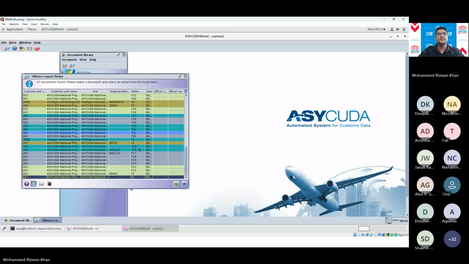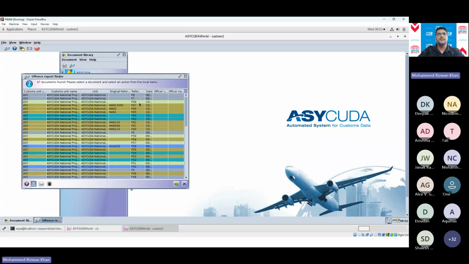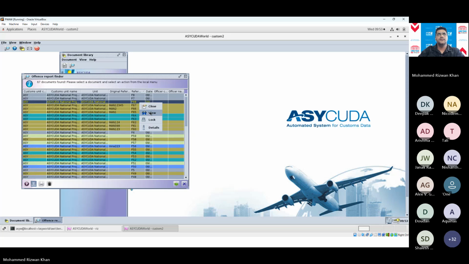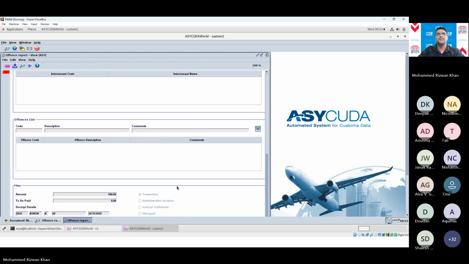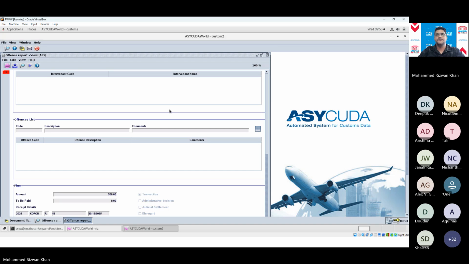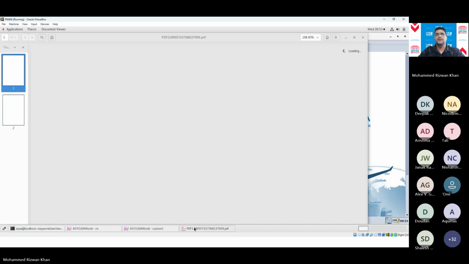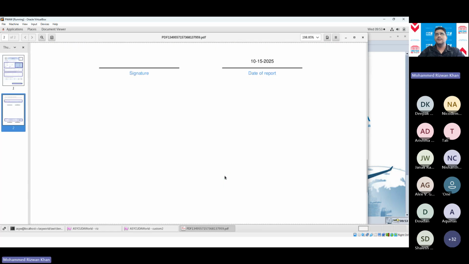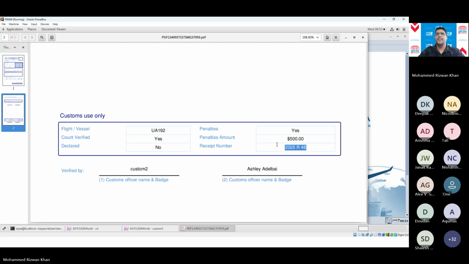Okay, P68. Okay, so the receipt details are here at the bottom. And if you print out that currency declaration form, it will also have the receipt details. Right, yeah. So that means it's paid.